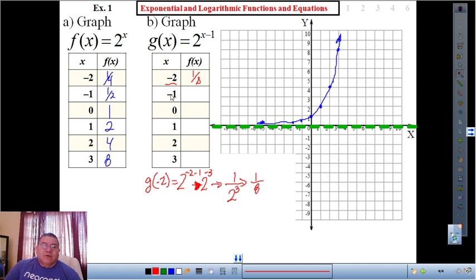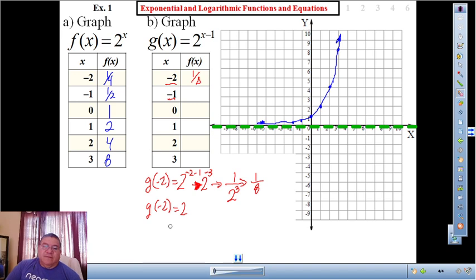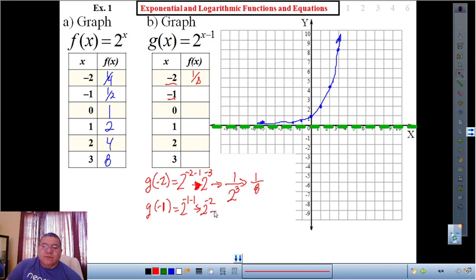Pretty good. Let's go over the next value. So g of -2 is 2, and then we have, no, it's not -2, my bad, -1. I did that to see if you were paying attention. Bam, -1. So it's -1 minus 1. So this becomes 2 to the -2, which is